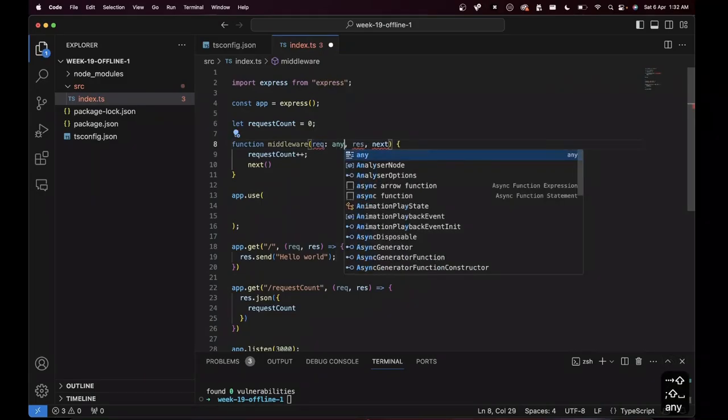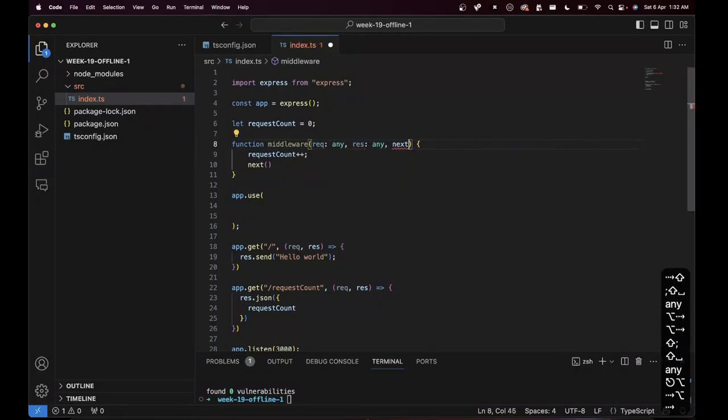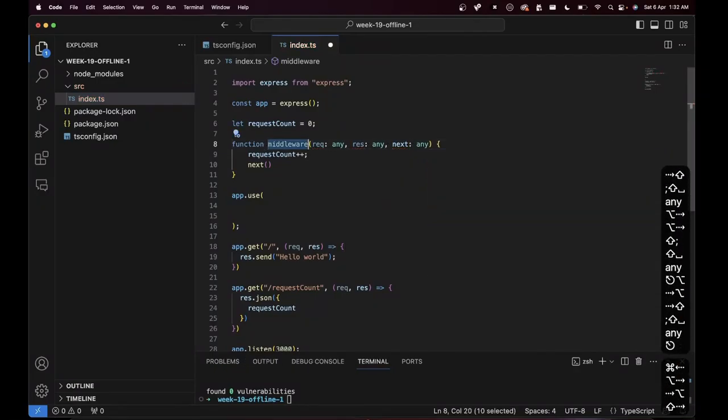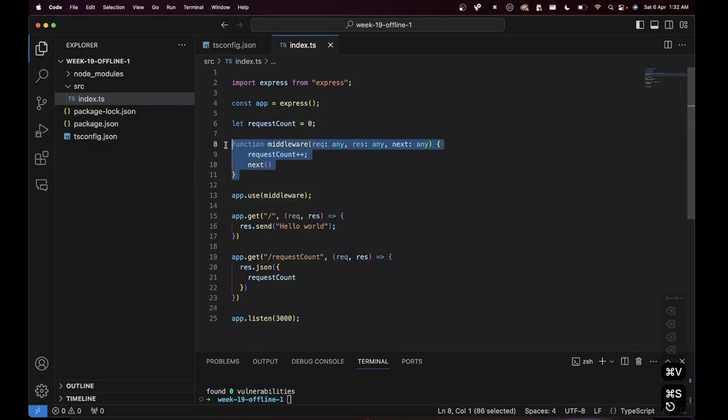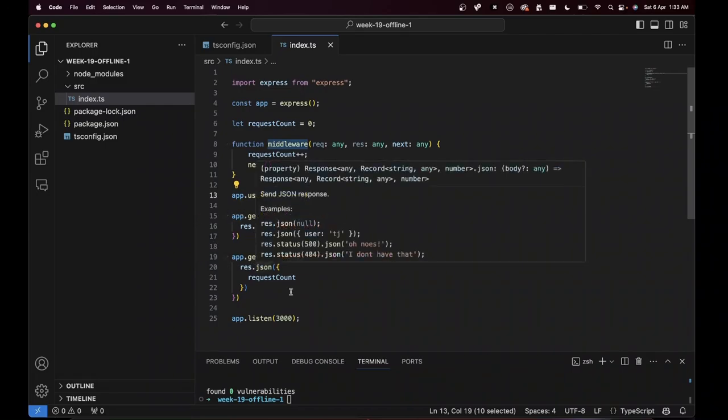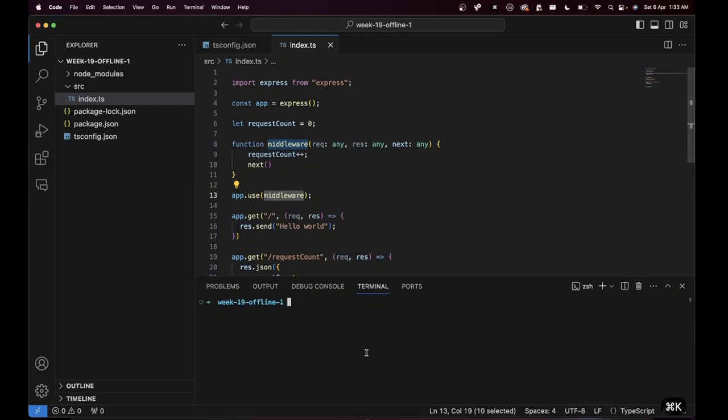So you can do this, just give it any types explicitly or find the real type, doesn't matter. Either way, this code probably is a little more easy to digest. Okay, I have written a middleware function and I'm calling app.use middleware. This line, what does app.use do? It makes sure that this middleware will run before any of the following calls,